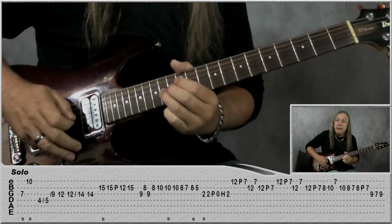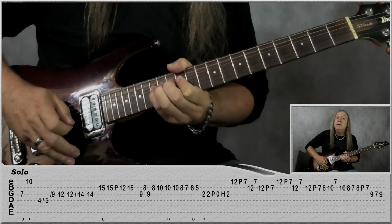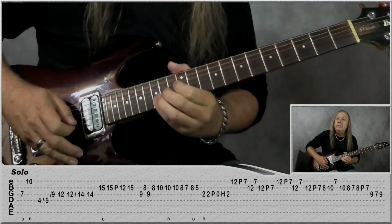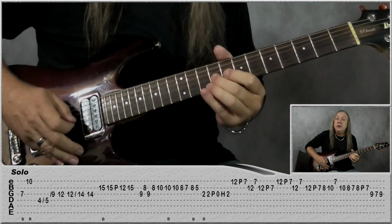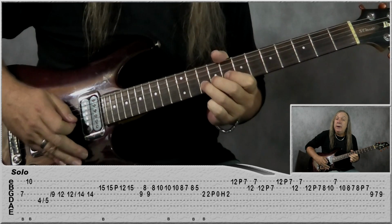14, play 14, then do a bend on 15B, then do 15, pull off to 12, back to 15 on the B, then slide up to the 9th fret on the G, 8B, 9G, then on the B, 8, 10, do a bend on 10,